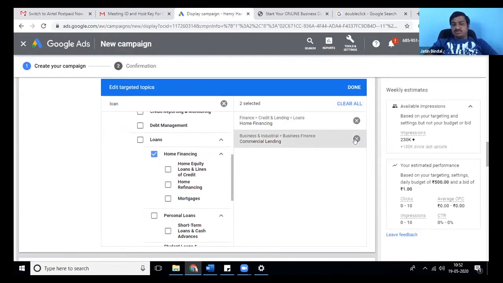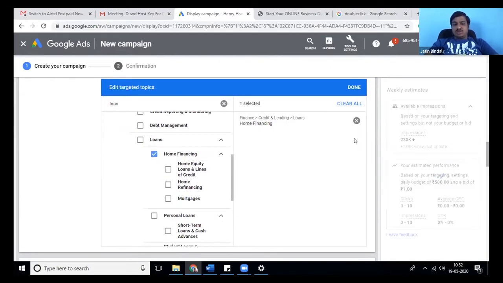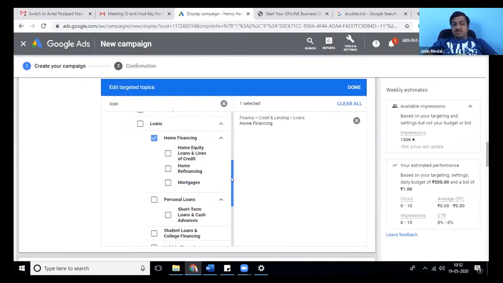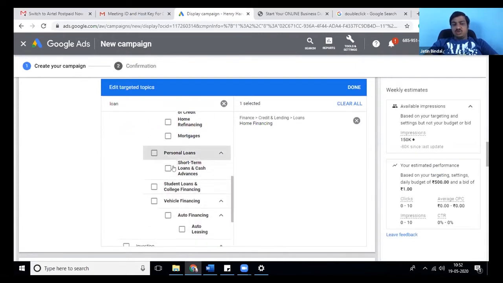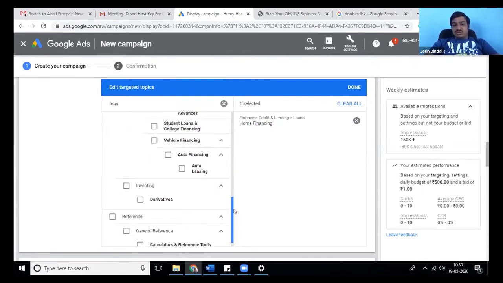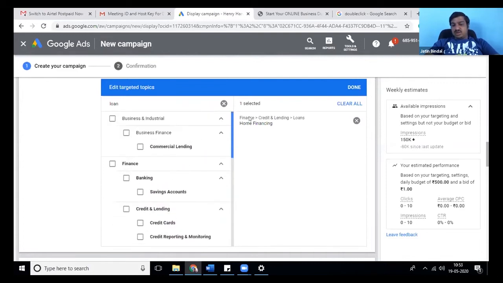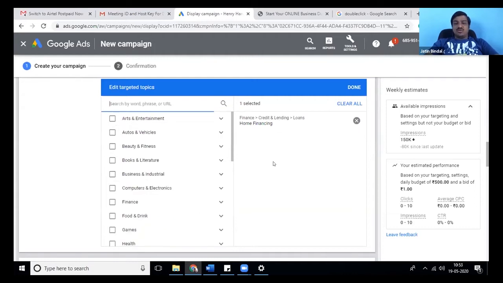Simple. Nothing to worry about. Personal loans, short loans, farming loans, vehicle loans, whatever you want to target, you can target it. It is that simple and easy. It will show on all the websites which are relevant to it.